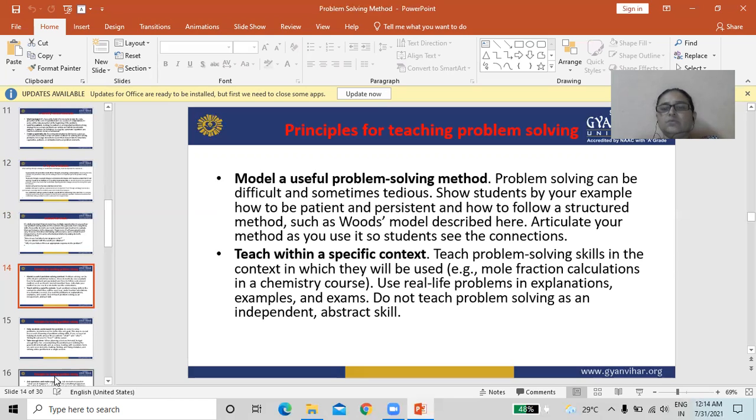Show students by your example how to be patient and persistent and how to follow a structured method, such as the Woods model described here. Articulate your method as you use it, so students see the connections.